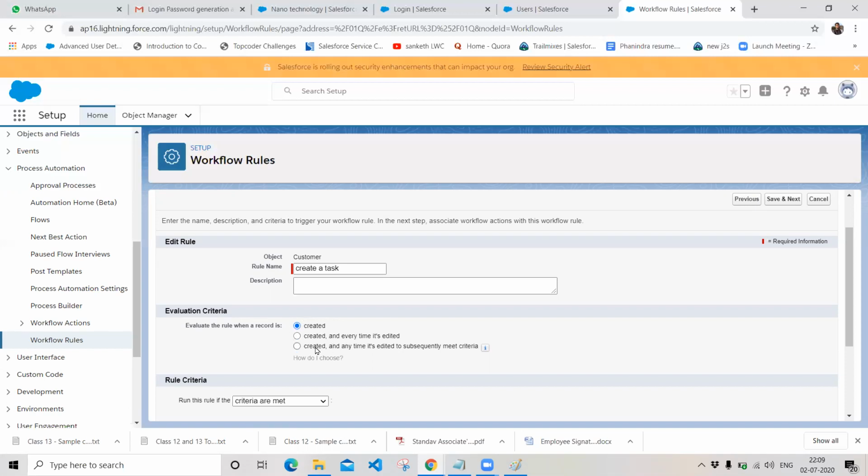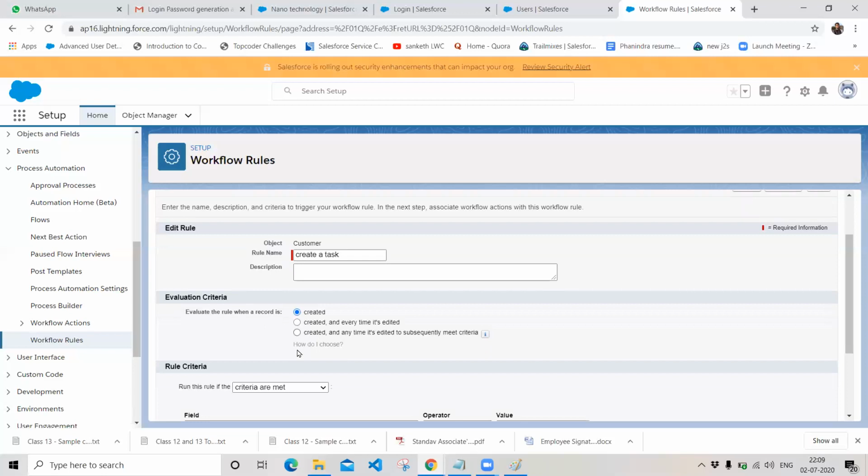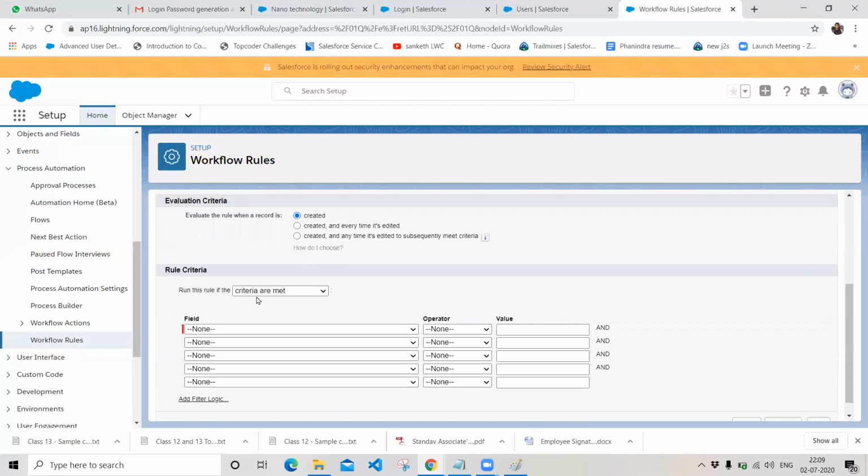Evaluation criteria basically checks when the rule should fire. And we have one more criteria called rule criteria. This rule criteria defines on which record this action should actually perform.